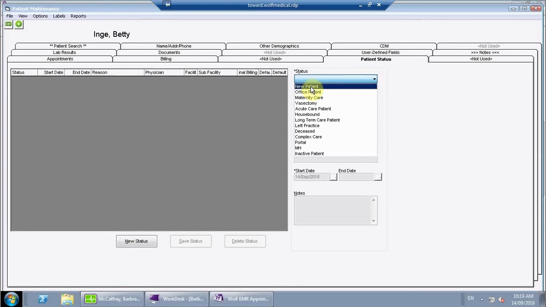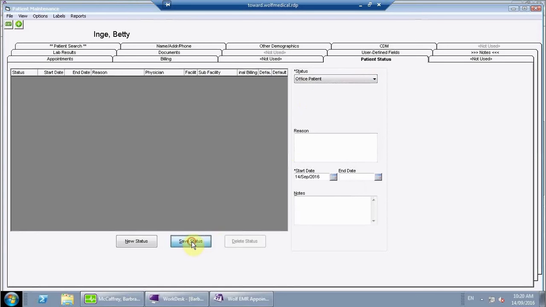That's described and talked about in another video, so I won't go into that here, but all you need to know here is generally if you have a patient who is attached to your physician, you'll often choose office patient. Now, there are some statuses in here that are considered inactive patients. That would be people like left practice or unfortunately have deceased. Or also if you've actually intentionally marked them as inactive, meaning that maybe they haven't seen your physician in greater than 3 years. So in this case, we're going to select office patient, and we're going to save that status,